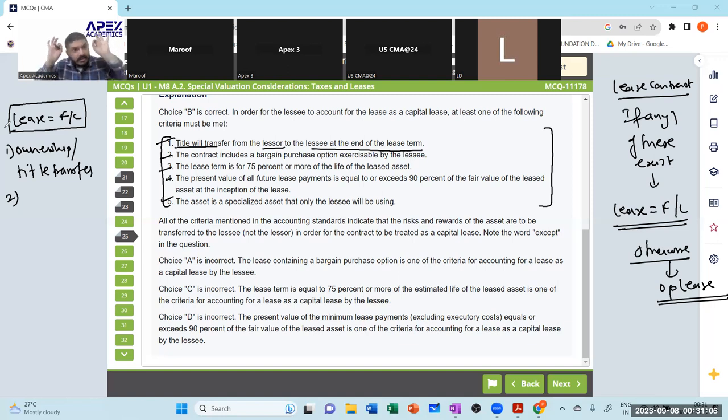Ownership/title transfer. What should be there for it to be finance? Please, ownership/title transfer. The contract includes a bargain purchase option exercisable by the lessee. What is the meaning of bargain purchase option? To purchase the asset at a profitable price